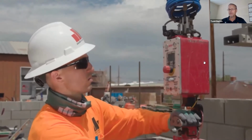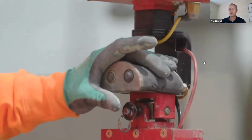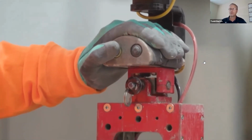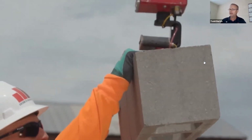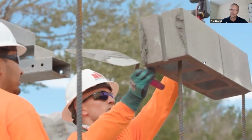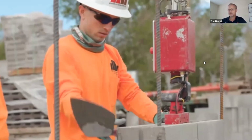We've also done, and it kind of depends on your setup of whether you're building stair and elevator cores or like a Walmart, but we've also done the setup where one hod carrier takes care of 2 masons. So you load the mule up, you set it, it has zero gravity, obviously, as you're seeing in the video there, and he can set it right where the bricklayer on the right is, and he goes over and gets the gripper on another block and puts it to the left, and by that time he's ready to go to the right. So there's several different setups that you can do with this,